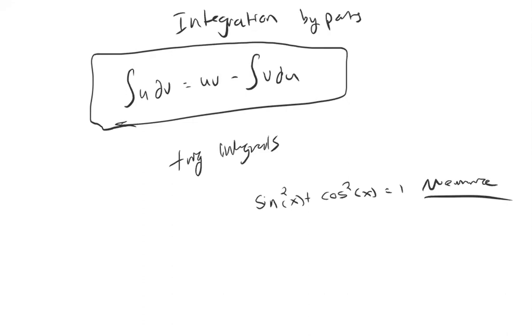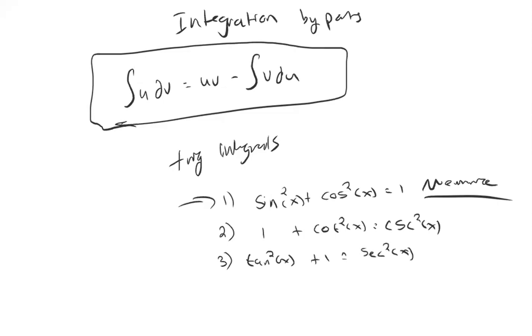Now, the lucky thing, though, is that if you know this one, you know the other two, right? There's actually 3. If we divide everything by sine squared, we get 1 plus cotangent squared of x is 1 over sine squared, which is cosecant squared of x. If we divide everything by cosine squared, we get tan squared of x plus 1 is secant squared of x. So know this one, and you know how to get to these two. So you don't actually have to memorize them if you feel comfortable deriving those